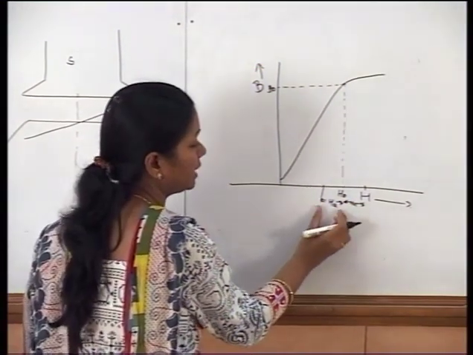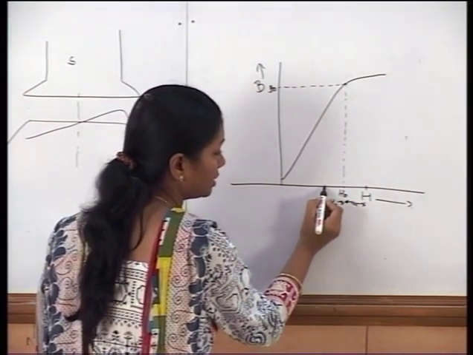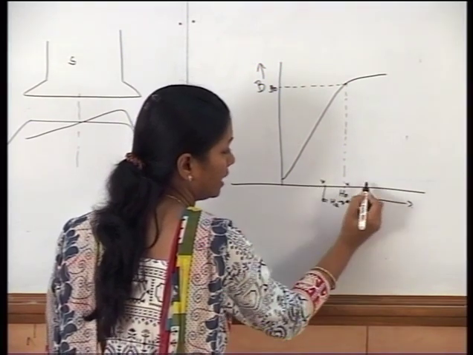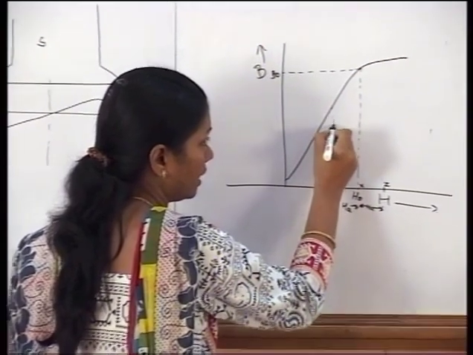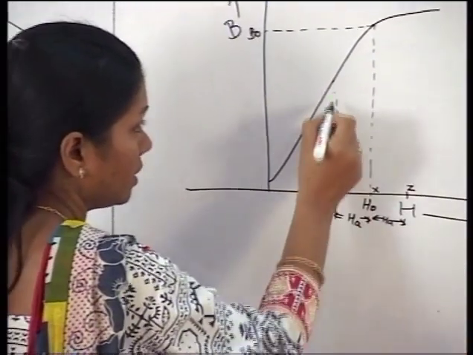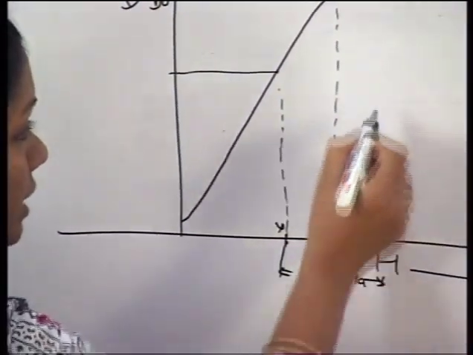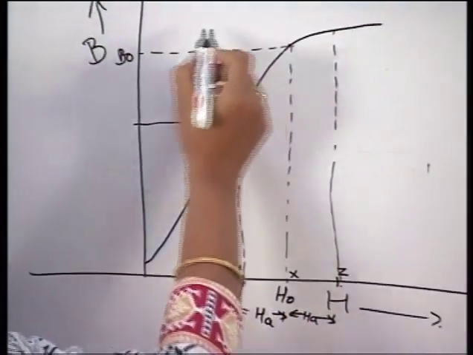It is the demagnetizing effect and it is the magnetizing effect. So, suppose this point is X, this is Y and this is Z. If I project the point Y on the BH curve, then it is at this point, and if I project the Z point on the BH curve, then